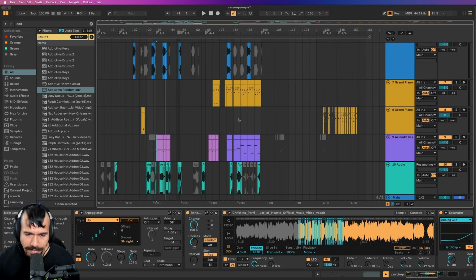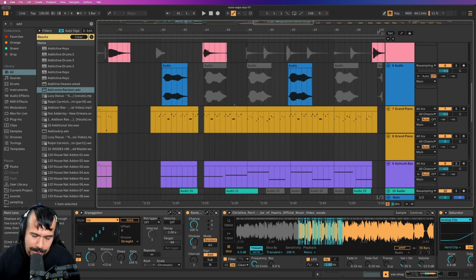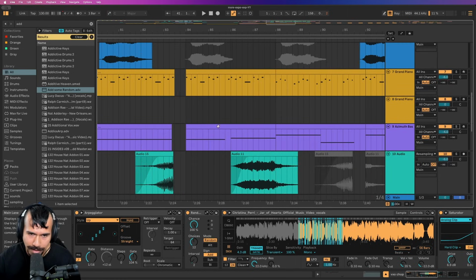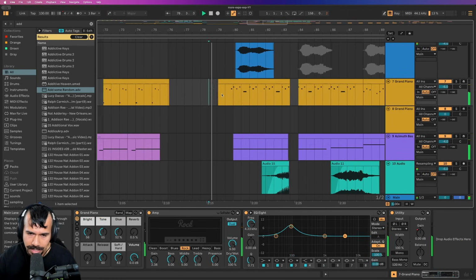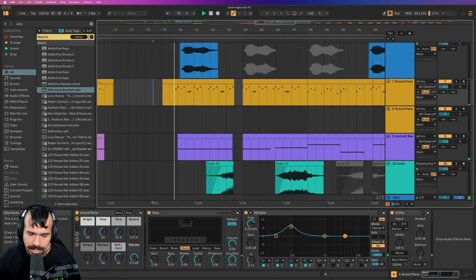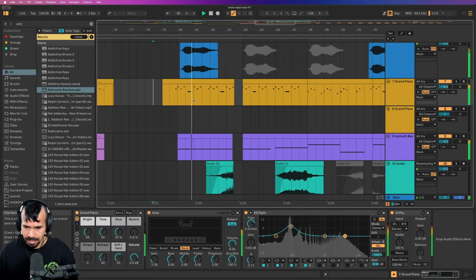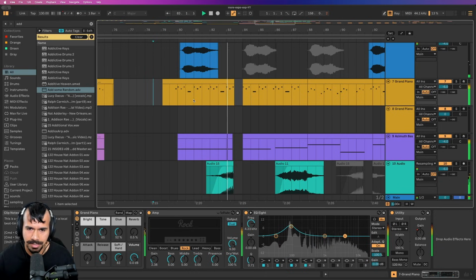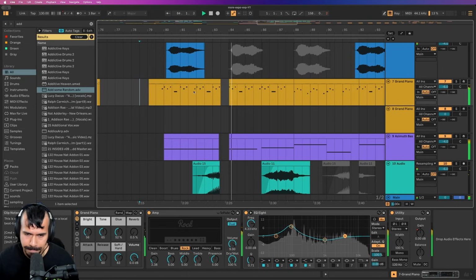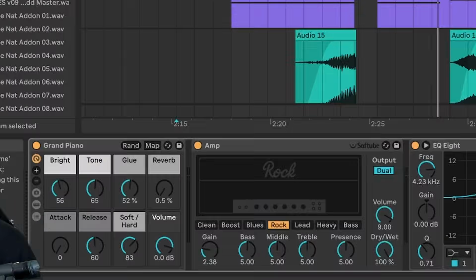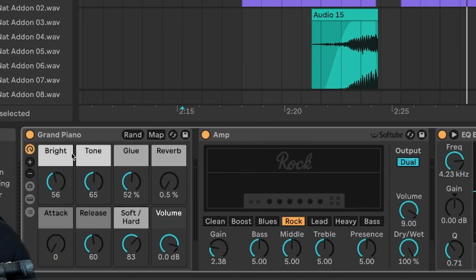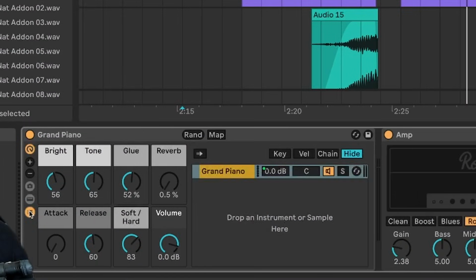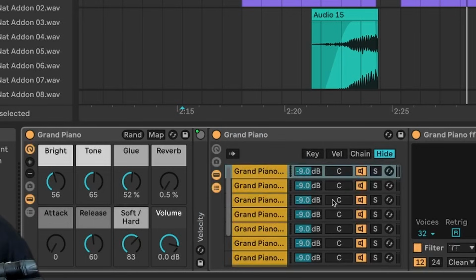And then again, I know I've had some people ask about the piano in the song. It's one of my absolute favorite parts. I'll play a quick piece. And this is just the Ableton stock grand piano, which is actually quite nice. It is like a whole multi-sampled